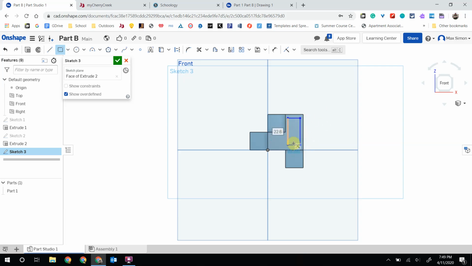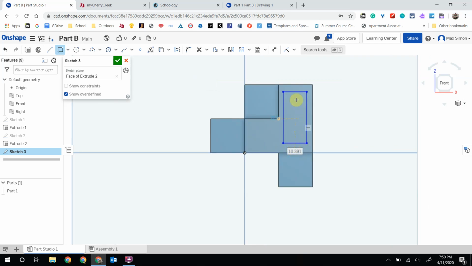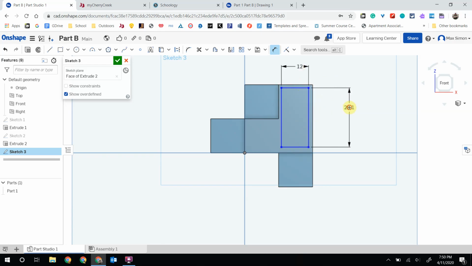So it should be in all blue. And when it's in all blue, we know we've done it right. If you have to go and trim it out or just close that sketch a couple times, that's okay. And so now what we want to do is dimension this out. And this is going to be to 12. And this one's going to be to